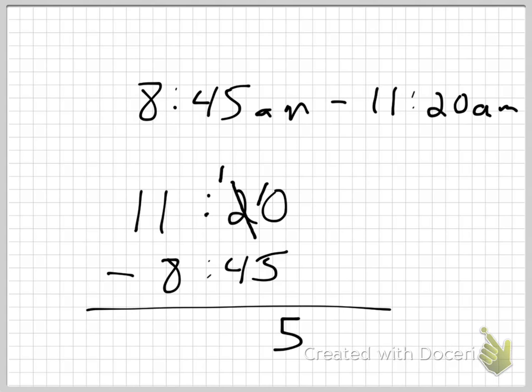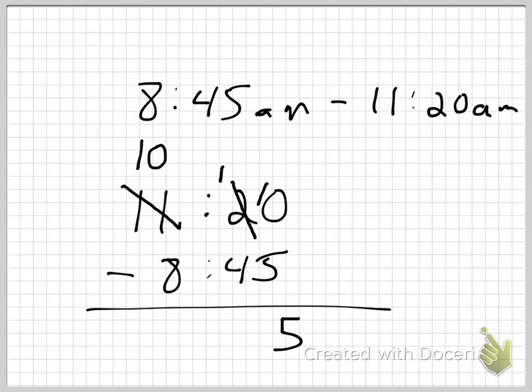Can I take away that 4 from that 1? No. What we need to do here is this. These are the tens of minutes. Agreed? When I go borrow from over here, these are the hours. I'm borrowing an hour. This is very important. When I go over here and make the 11 hours into 10 hours, I am